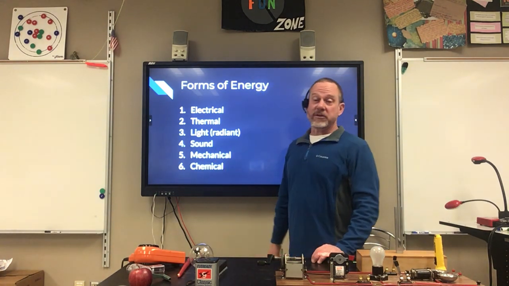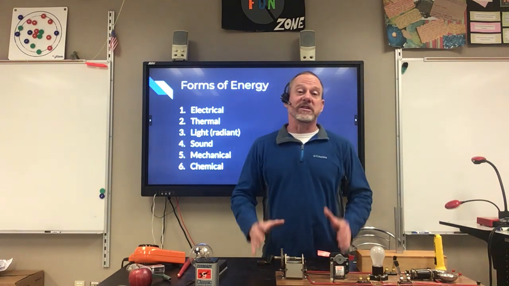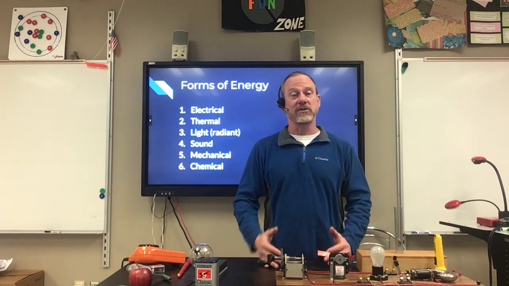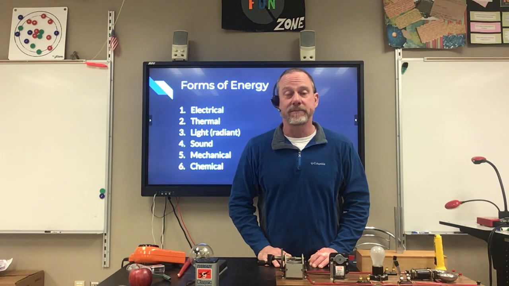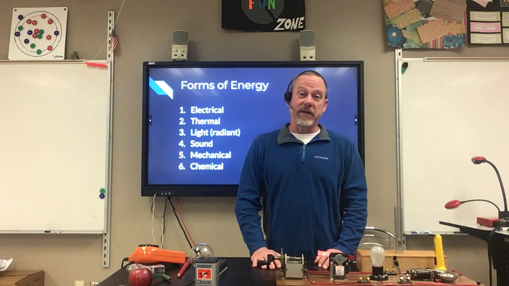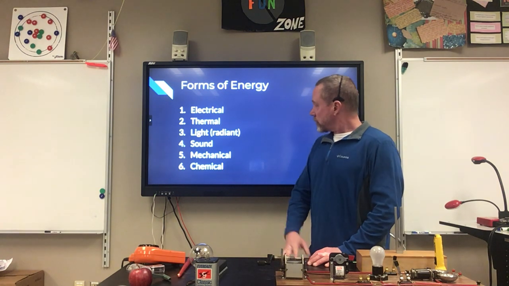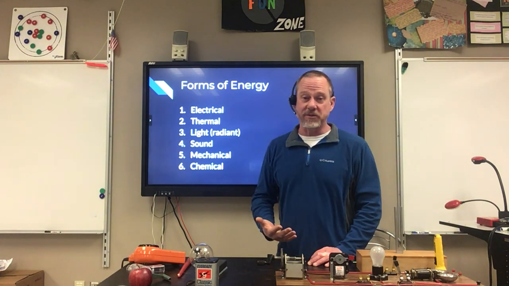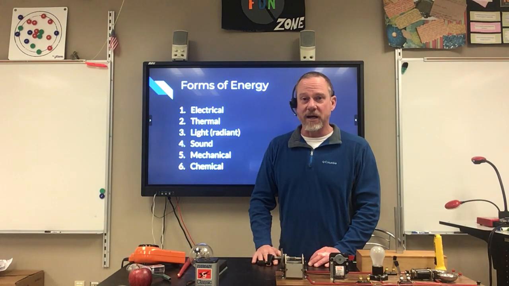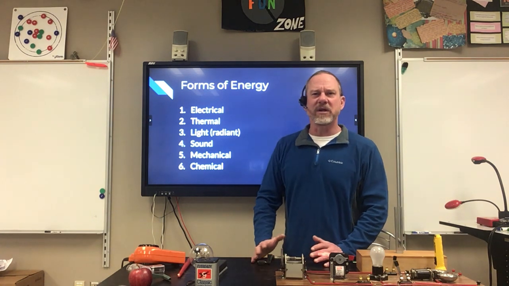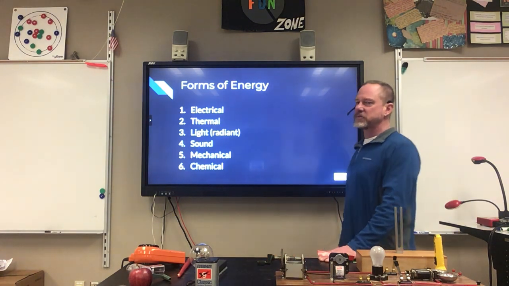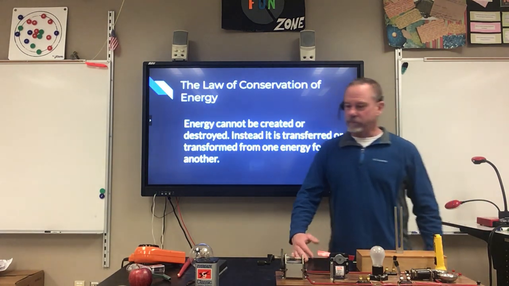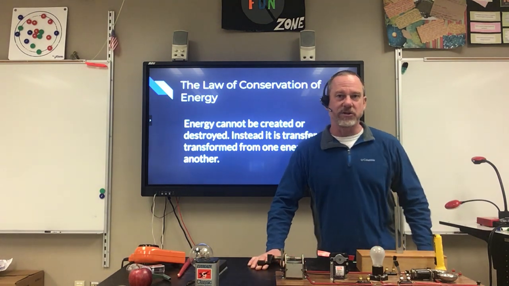Okay, and then finally, chemical energy. Certain substances, chemicals, contain energy inside the chemical bonds that make them up, and when chemical reactions break those bonds, sometimes that chemical energy can be released. Okay? So those are the 6 basic forms. There are others. There's nuclear energy, which we didn't get into just because of time. And there might be some other ways to kind of look at and discuss energy, but those are 6 of the main categories.